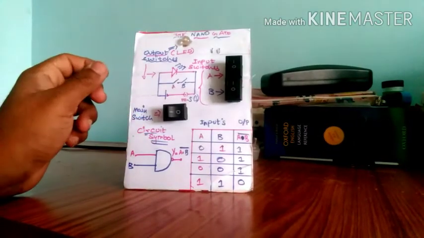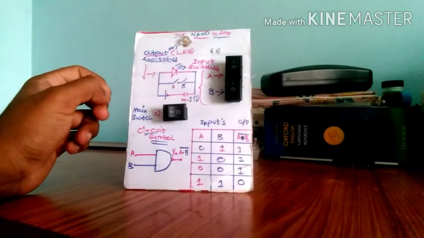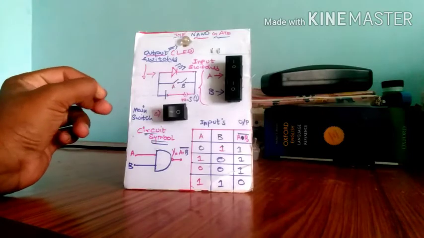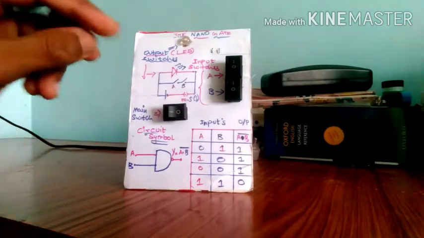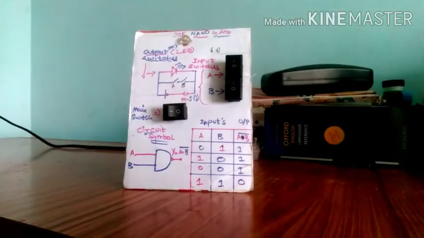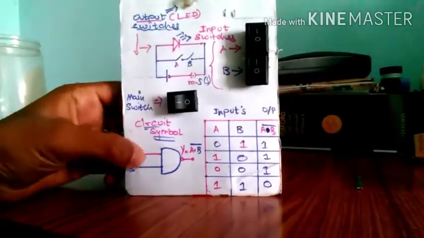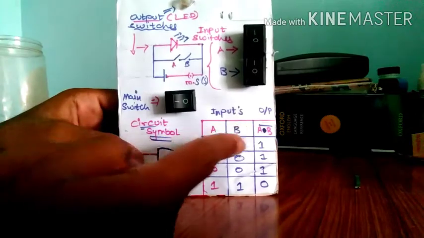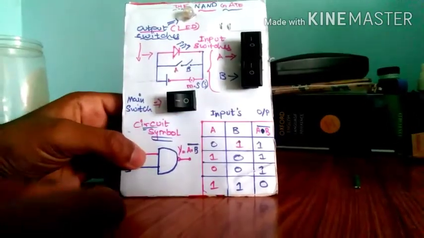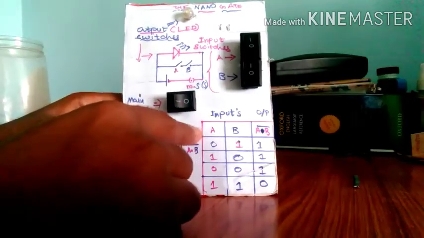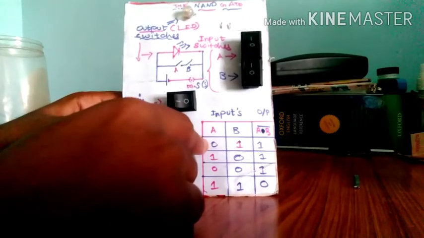So again I am going to say 0 means off and 1 means on according to the digital logic. So let us test the outputs now. So guys, I'll just give the logic inputs and then turn on the main switch, thus completely closing the circuit. So for the first part, the A logic input is 0. So let this be at 0.